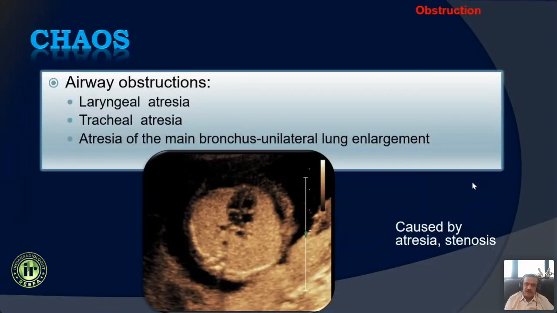Now, CHAOS or congenital high airway obstructive syndrome is one common cause of obstruction, a common thing which we see in obstruction. Here, typically the obstruction is at a high level and the underlying cause is an atresia or a stenosis of the larynx or the trachea. Now, if this affects one bronchus,